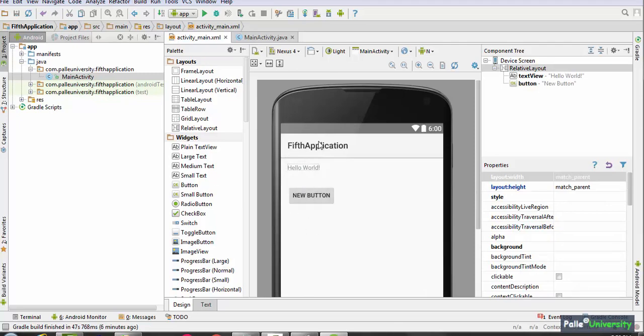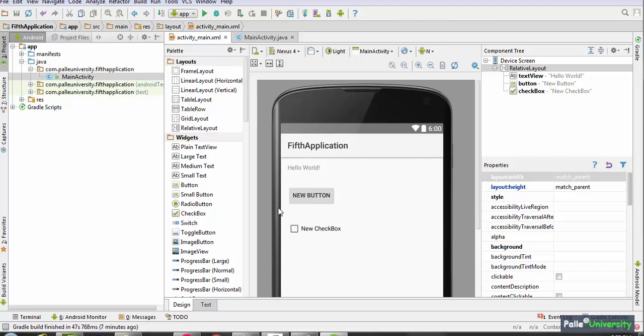Remember, once you change your screen design, you don't have to save this design because Android Studio is automatically in auto save mode. And let us say just below this button, I want a checkbox. So what you have to do? Just select the checkbox and wherever you want to place it, just release the checkbox there. That's it. Now you have changed your screen design. Now the same thing will be reflected in your output area, that is in Genymotion. Now let me start Genymotion to see this final output.